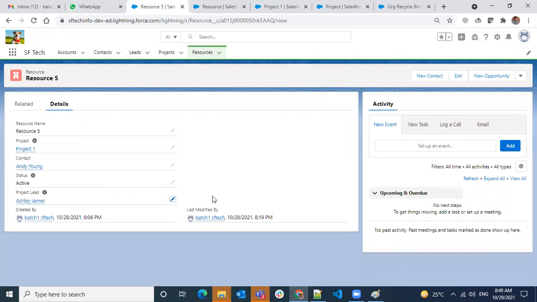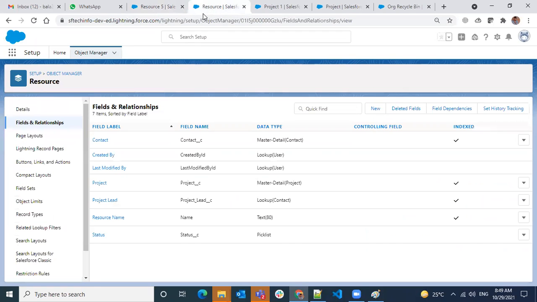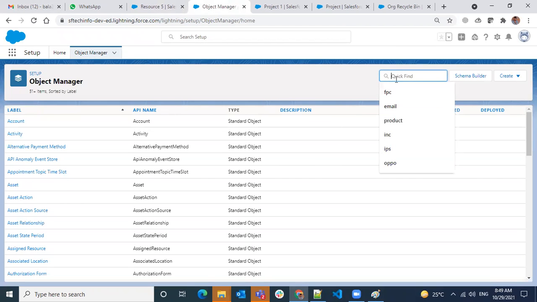You have freedom there, but you don't have an option to create roll-up summary fields. So I have created a lookup relation on a master object, right? Here the parent object is a contact. Let's go to the contact and see whether I have an option to create a